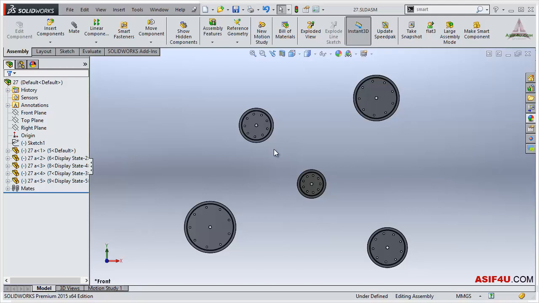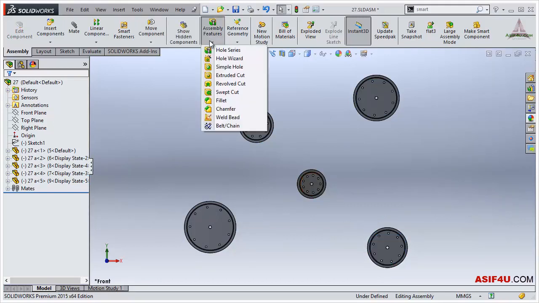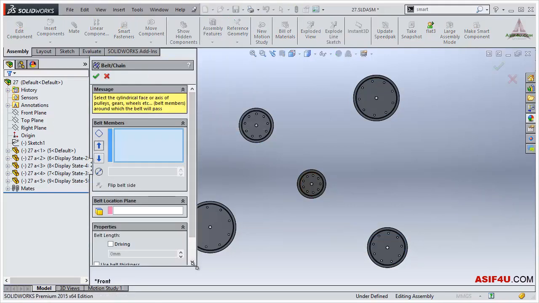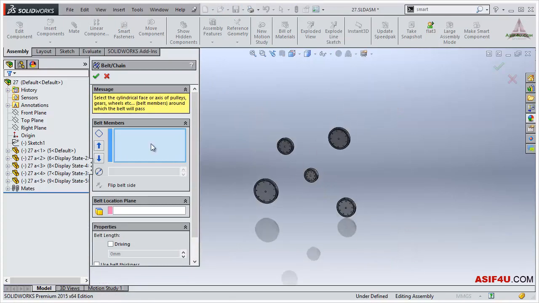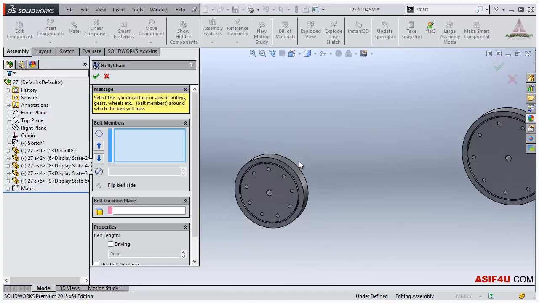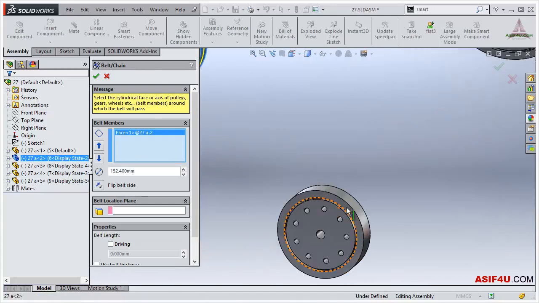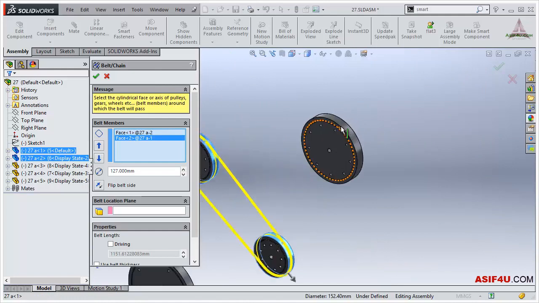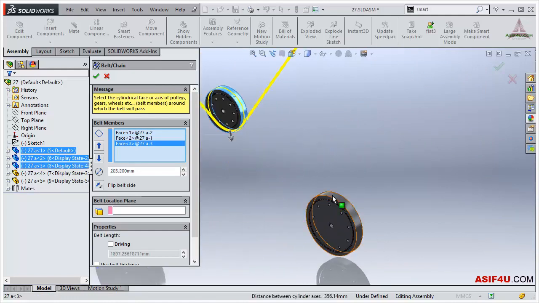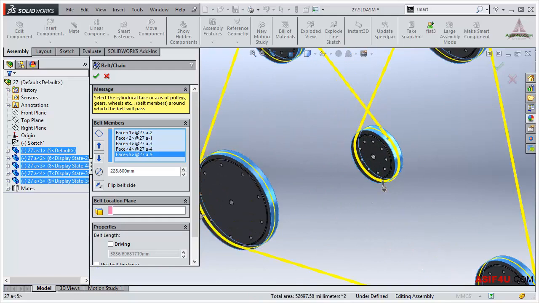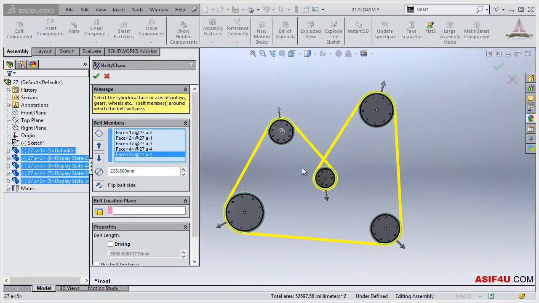And if you want, you can also add your customized belt length inside this belt chain feature, and you can fit that belt with all of these pulleys. Now if I try to rotate any one of these pulleys, you can see this pulley is rotating individually. So first I will activate this belt chain feature, and after activating this, here I have to select a few faces. I will select a few faces on which the belt will touch. So I already selected 5 faces for these 5 different pulleys,